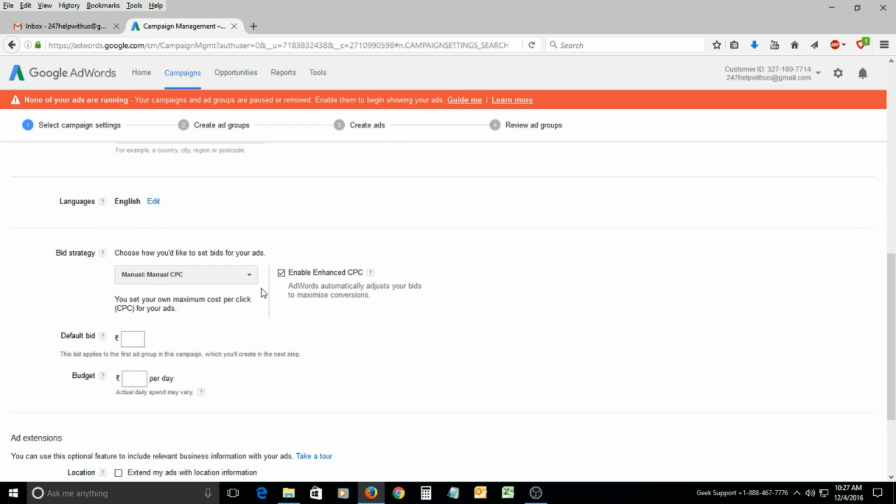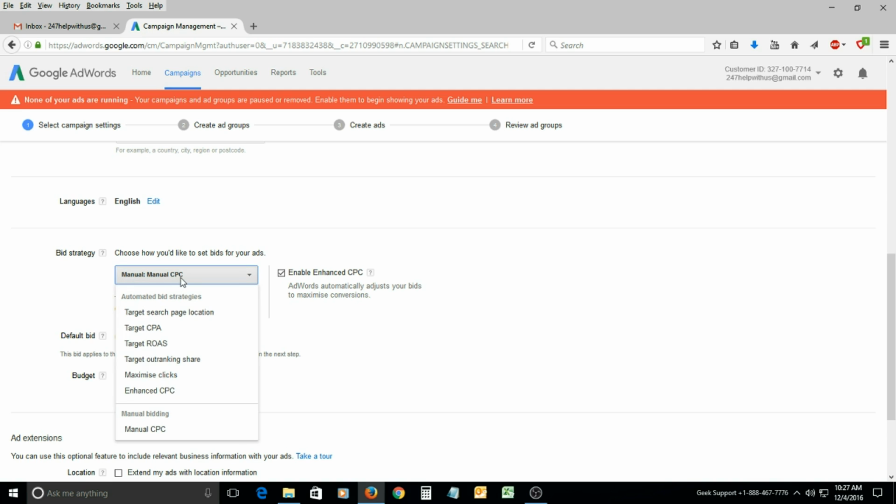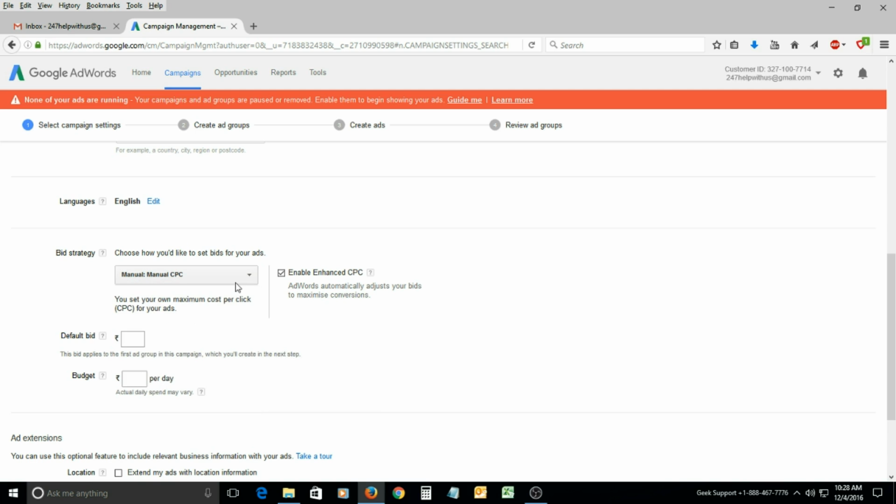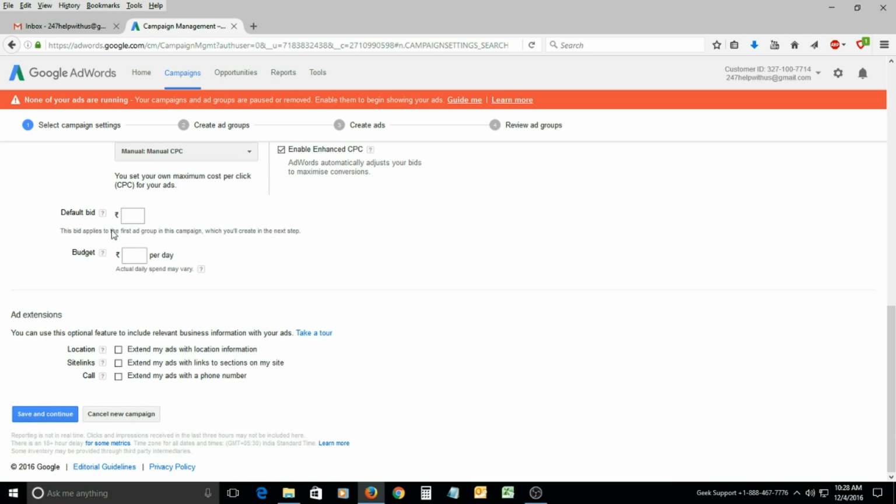And then bid strategy, always go ahead with manual strategy, as it is selected here, manual. If it is not, it is something else from here, but I would recommend manual setting. With manual setting you can increase and decrease your bid, since Google will tell you for every keyword that you are bidding for what your current first page bid is. So accordingly you can increase your bid. All right,